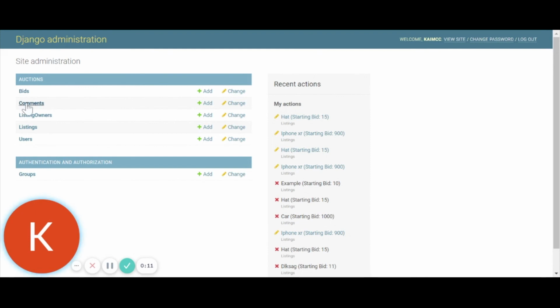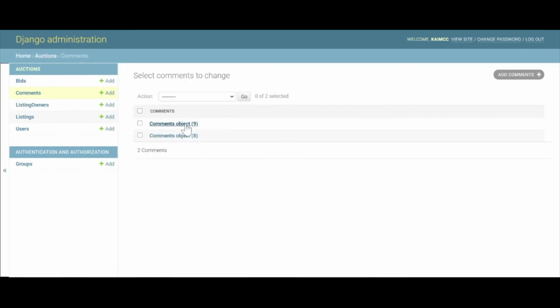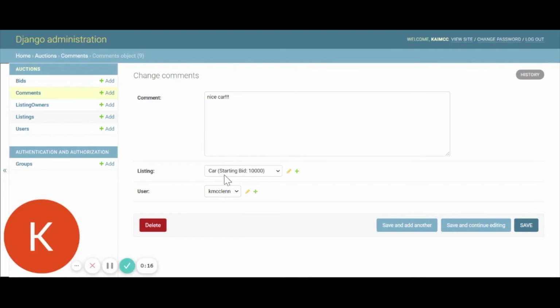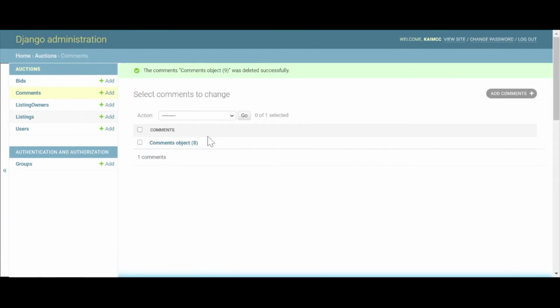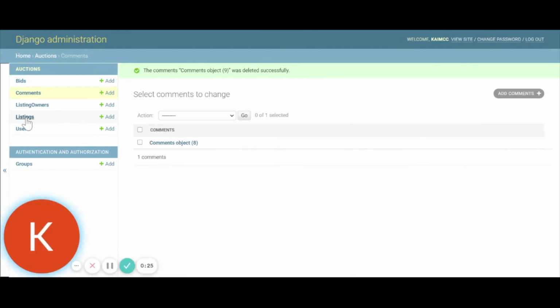So let's say I want to delete a comment that I don't like. I have this comment, and this is a comment on a car, but I don't like this comment. So I'm going to delete it. And now there's no more comment there. I can also edit a listing,